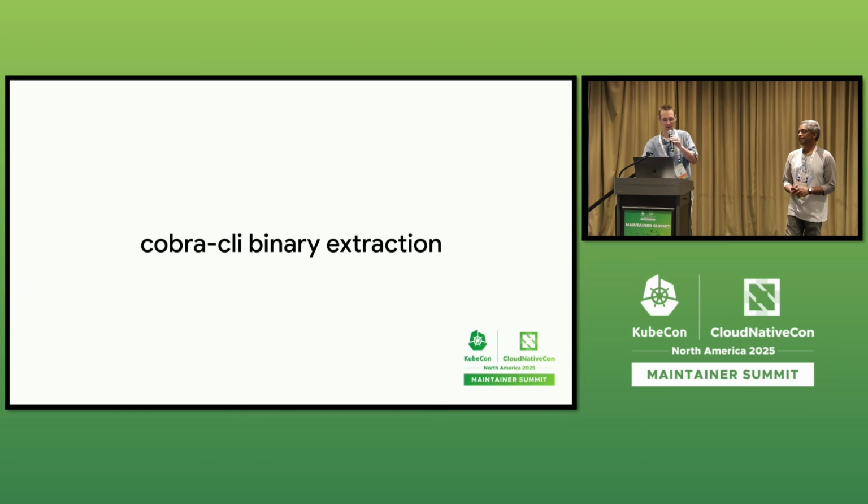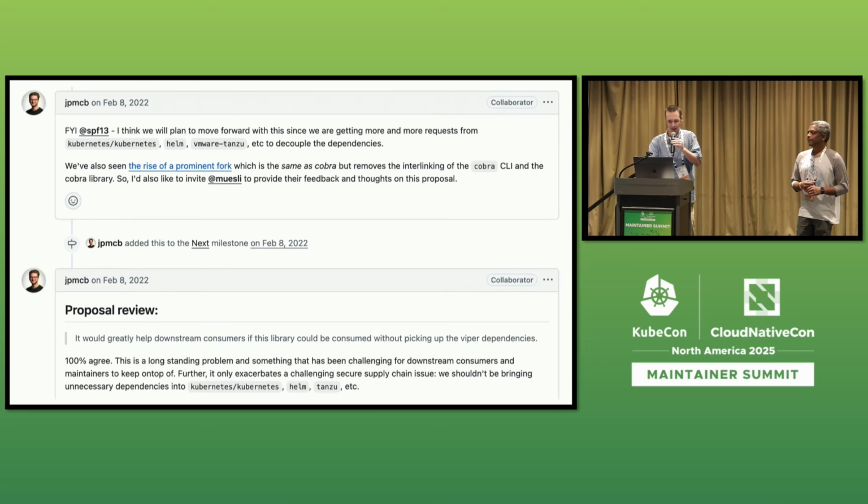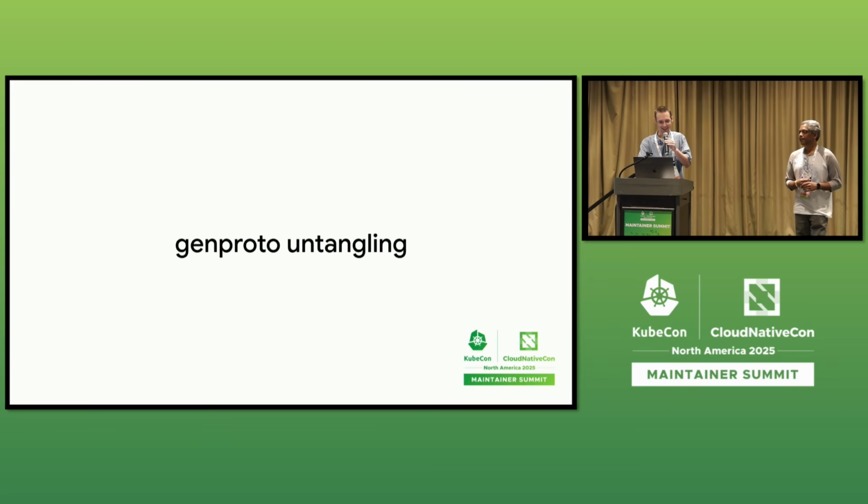This was a long time ago, actually. Cobra, which is the framework a lot of tools use for command lines, had a similar thing where they had a binary command that was in the same repo as their framework, and the binary command dependencies were just kind of running wild, pulling in Viper and I don't know, a bunch of other stuff. And so I helped extract that out, and they were amenable to doing that. So it's kind of a mix of identifying the problems, going upstream and asking nicely or proposing a solution, and being willing to put in some work upstream to make the solution happen. They were very nice.